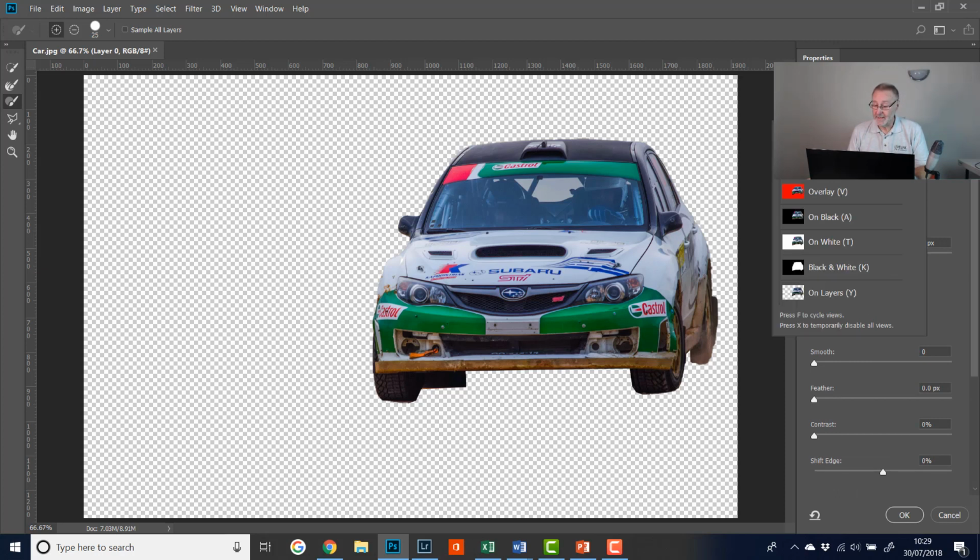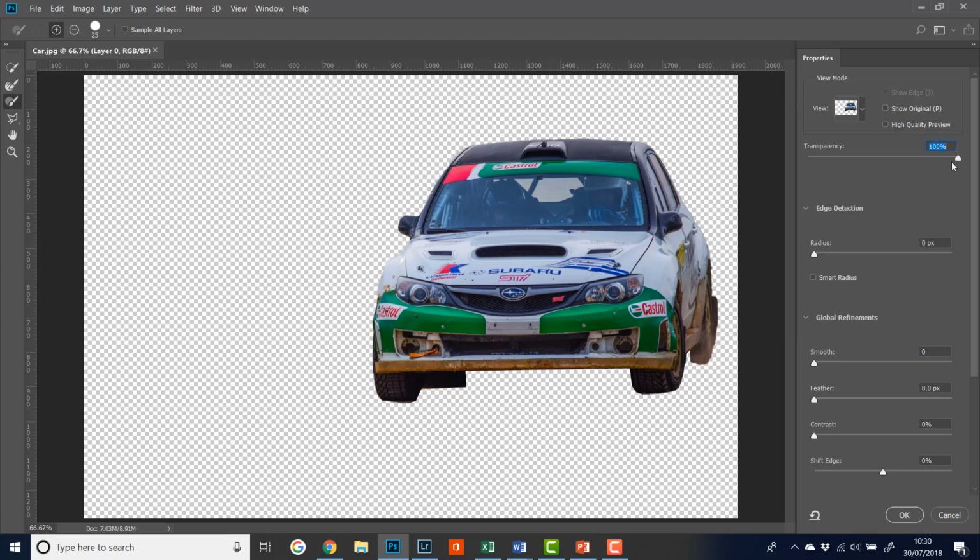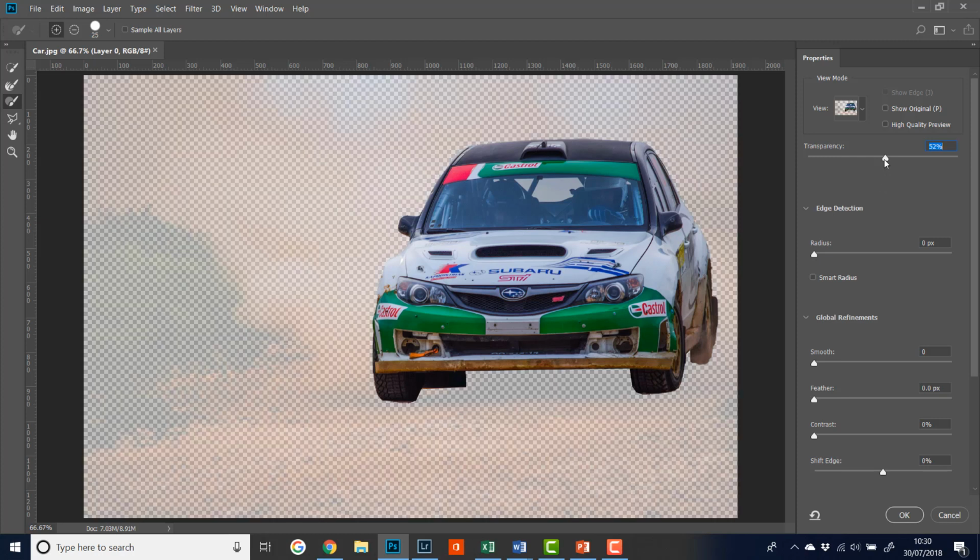And if I just click on this, we've got onion skin, marching ants, right down to on layers. Now onion skinning is a fairly new one. Now here we've got a transparency slider. Now what this does, it allows us to bring back part of the background. So if I just pull the transparency slider across, you'll see that the background will start coming back through, and